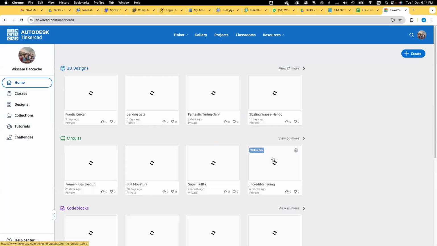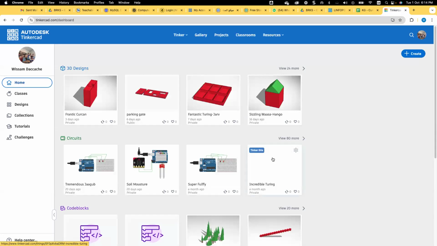It's free access to this platform. And once you log in, you have three options: you create a 3D design, or you go for a circuit, or you go for a code block. Today we are going to explore the circuits, which is our main subject for today.